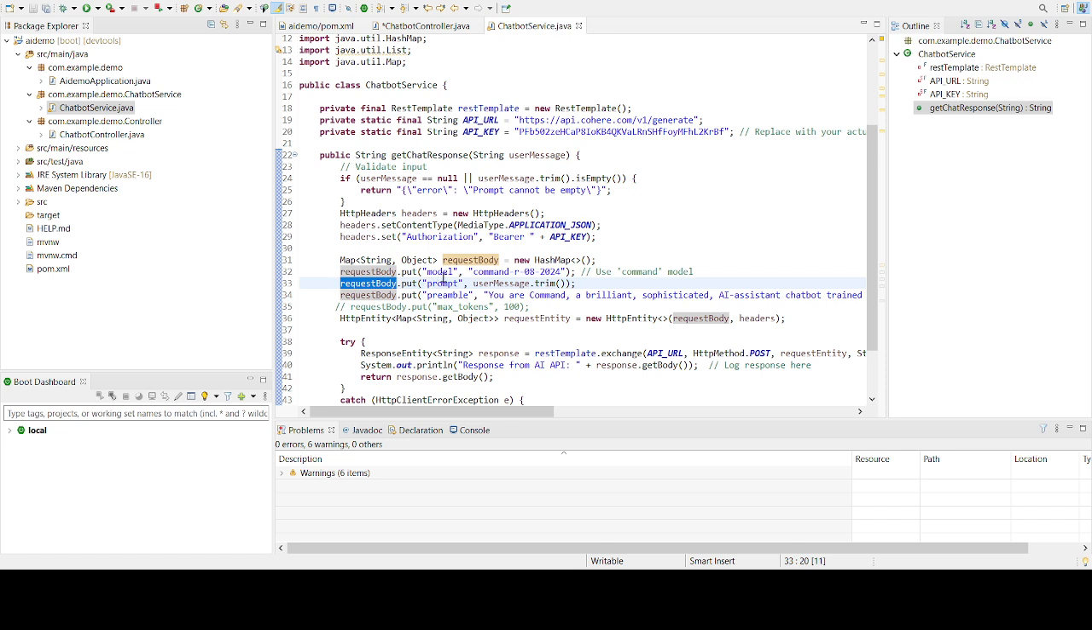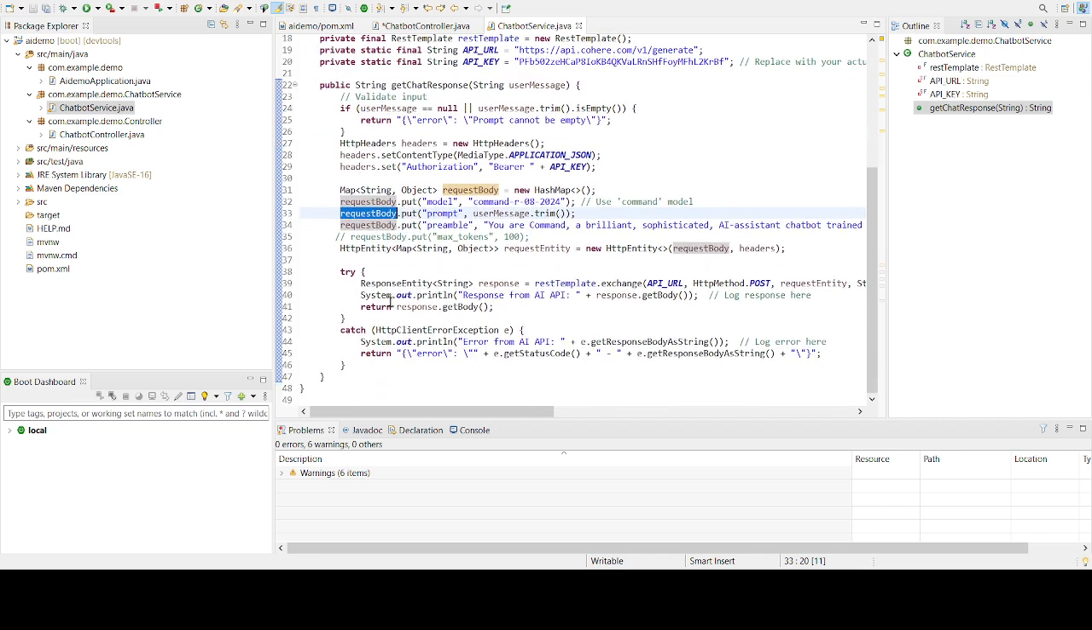So what model we are supposed to use, and then what is the preamble. So we are actually defining how it has to behave, and the personality of the model, and we are calling this. Whenever we get the response, we return it if it is successful. Otherwise we catch that and put it onto the console. Okay, so this is how our